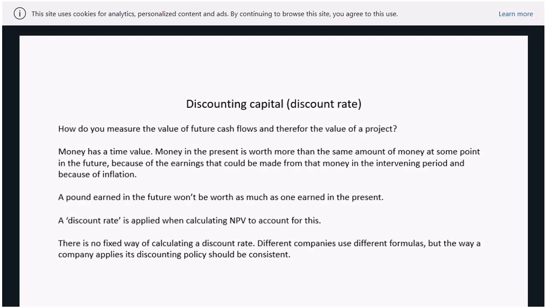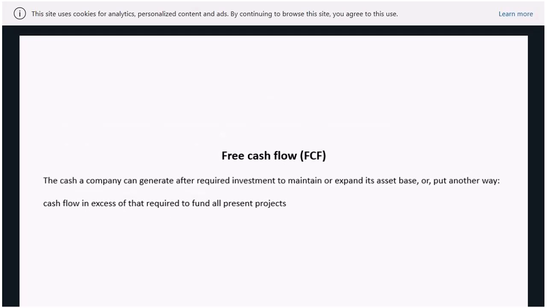Many different companies will use different ways of setting a discount rate. But essentially all you need to know is that you discount the value of the project when you're setting it up by applying a formula, because the value of the money over time will reduce. You could use that money now and invest it and get a return on it, or inflation is going to eat away at it. So you have to have some discount rate which gives you a more true picture of what the project value is going to be. Those are the first two things you need to know, but I wouldn't get too hung up on it, to be honest. It's only important in this context because of the agency costs.